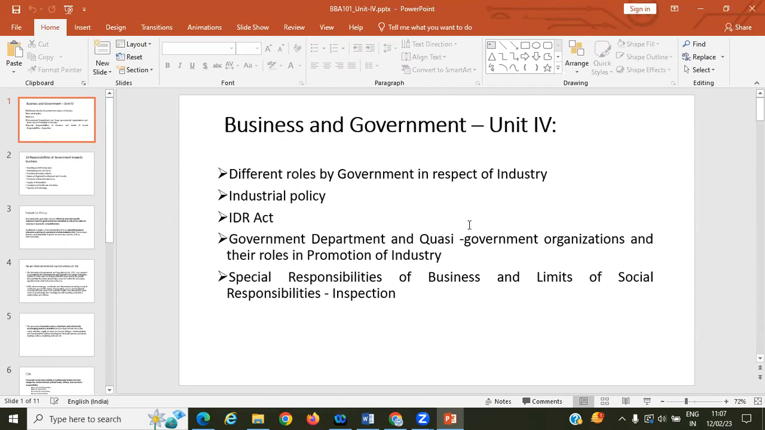This is the slide I am showing with the different topics. First thing, roles and responsibility, industrial policy, IDR, this act we will understand, government department, then responsibility. We'll understand one by one. What is the role and responsibility of government? So government,